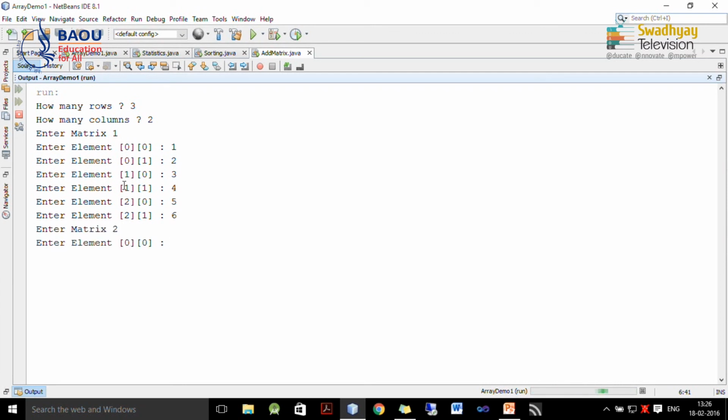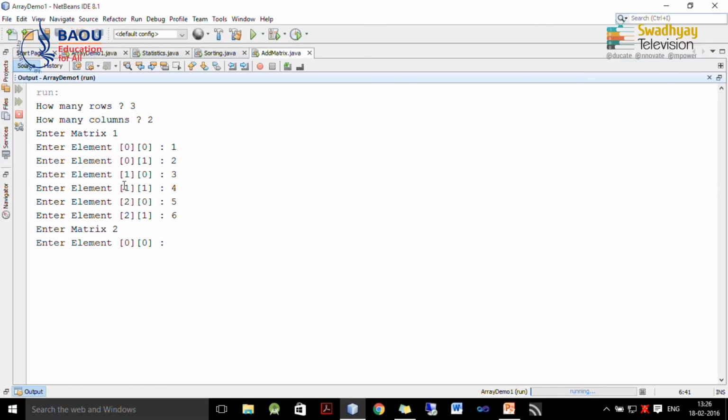Now, we have read 6 data, each row has 2 columns. So, first 2 data is first row, second 2 data is second row, and last 2 data represent third row. Similarly, we will enter data for second matrix.